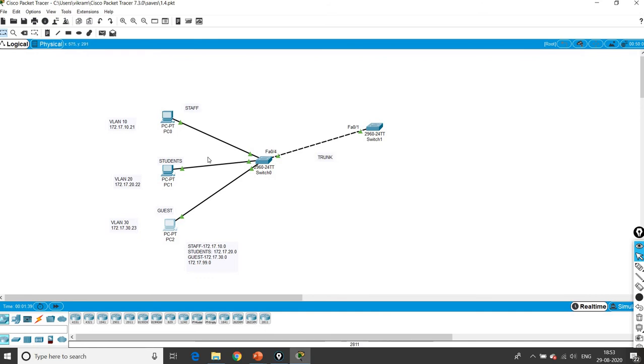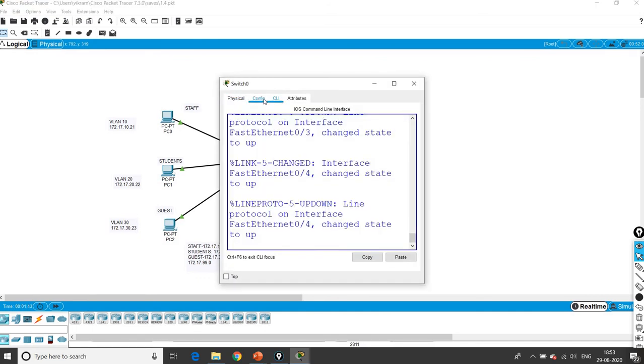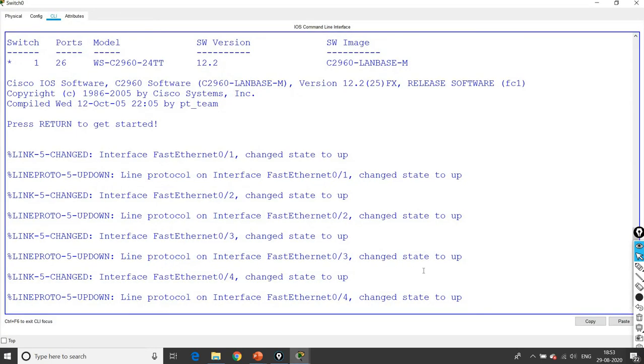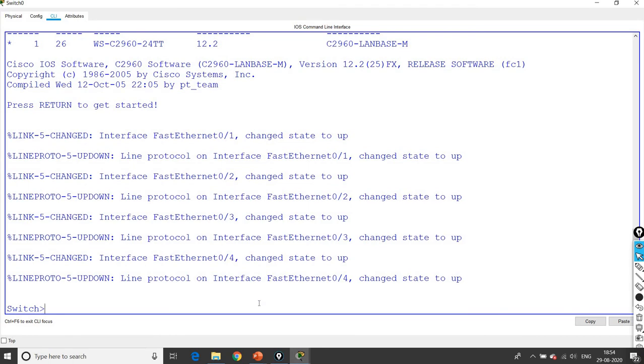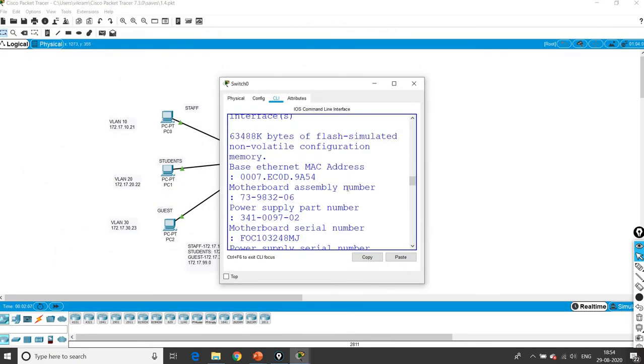So now go for the switch configuration mode. Okay, command line. Wait for the configuration to boot. Enable. It is in user executive mode. Now it is in privilege mode, and go for the configuration mode.